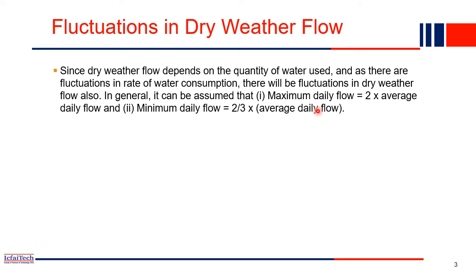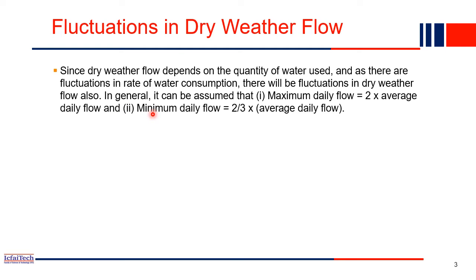So what is the average flow? You observe it maybe for one day, how much water is coming, like that for multiple days we can take the survey and see what the average is. So that average, if you multiply it by 2, then approximately we'll get the maximum daily flow. Means during the morning time, when the water demand is also more, when everyone takes a bath and washes the clothes and all, the maximum daily flow will be there. So that may be 2 times the average daily flow.